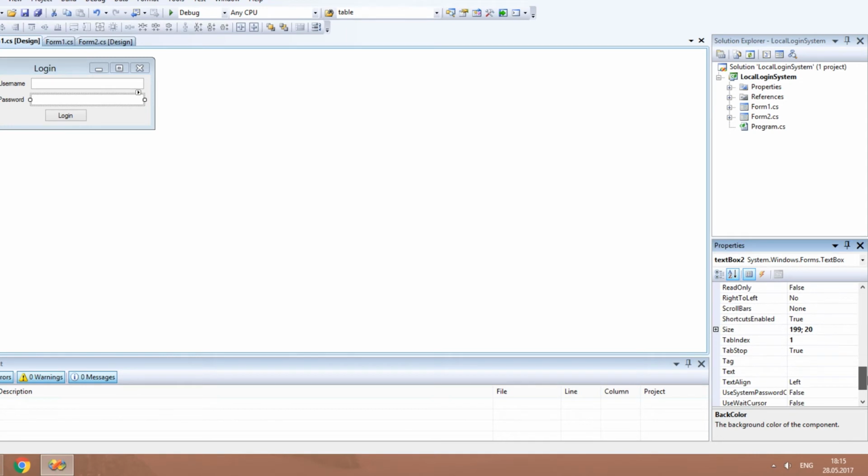Now let's make text in the second text box appear as the default password character.